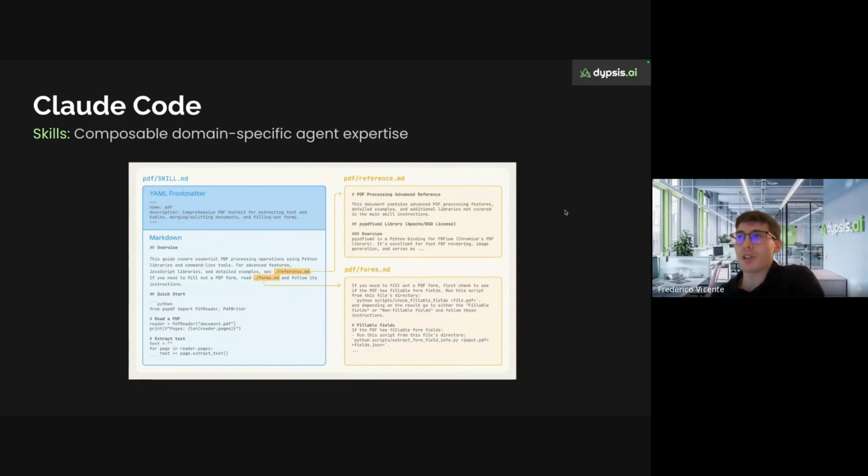For instance, at our company, we have created some skills to create proposals for clients. We have defined our branding, and we create PowerPoints and even ship them to Google Slides automatically by using this feature. So as you can see, Cloud Code is much more powerful, not only for developers, but as a really general agent that can help you automate some tasks. These skills are very interesting for many tasks.